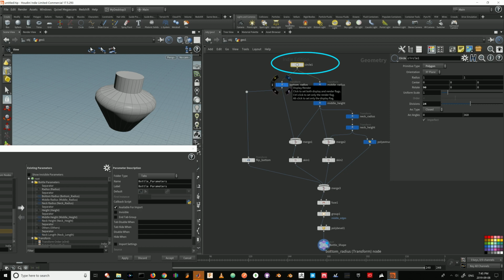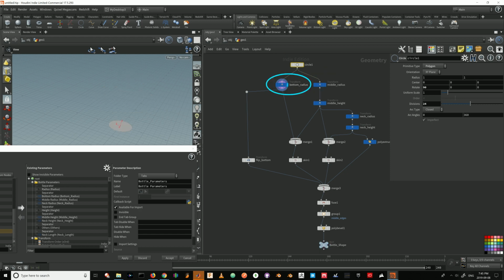And then we created the bottom face, the middle, the neck, and the top part of the bottle, and thus the whole bottle. It's all based on this circle. Now this division of this circle defines the resolution of the entire bottle. If I increase this, okay,